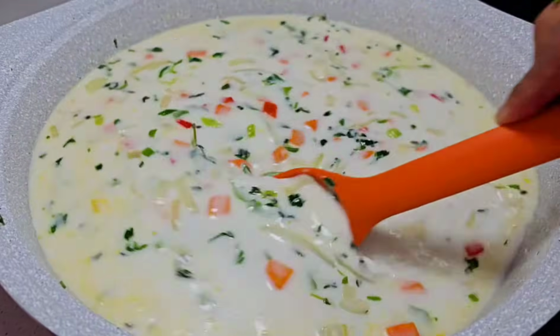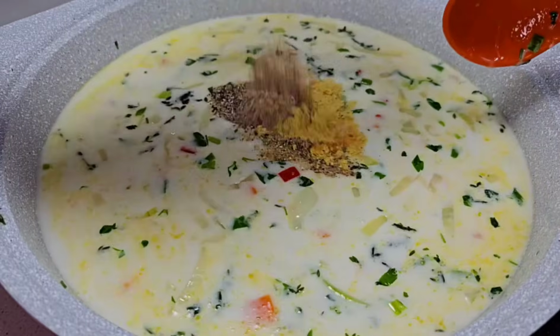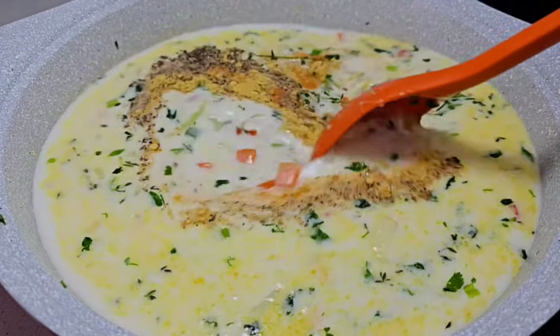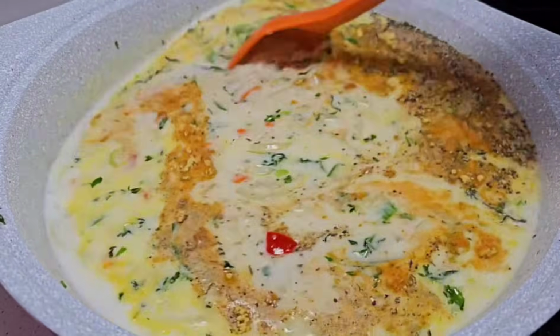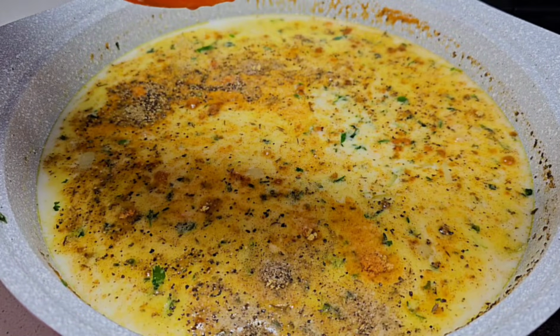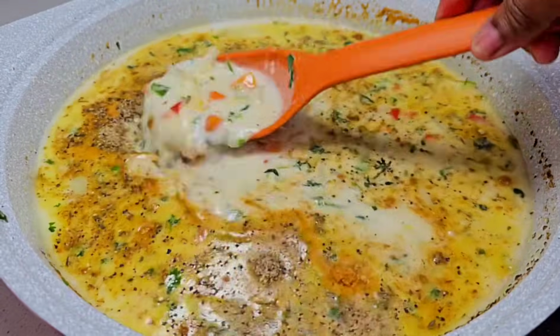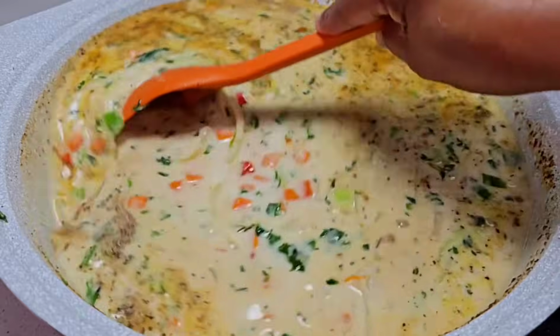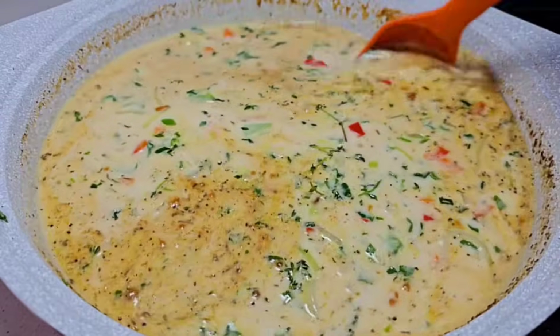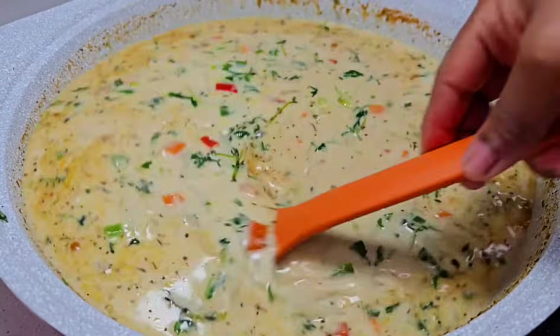Oh, and I forgot, I went in with a little bit of cassareep for color because I don't like my cook-up looking white. So I added a little cassareep for color, but you can add soy sauce or whichever brown sauce you have on hand. Give it a good stir, cover, and we will give this about 15 minutes cook time before adding the peas,